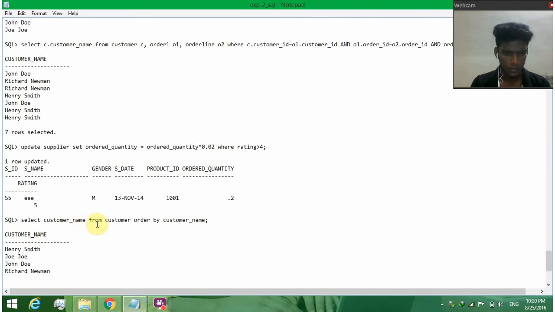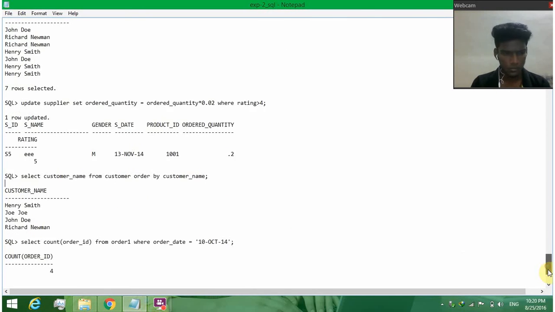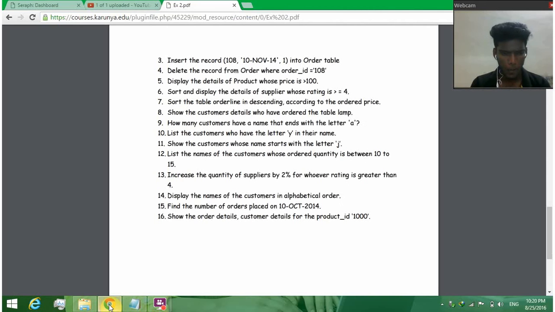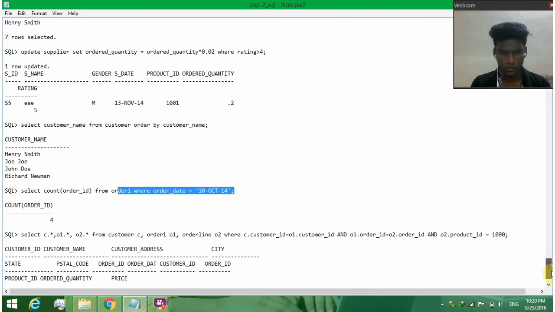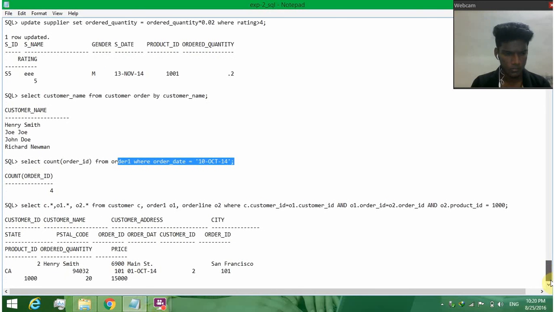Select customer name from table customer, order by customer name. These are my customer names in alphabetical order. Find the number of orders placed on 10th October 2014. This is the query to find the orders placed on that date, and my output is as follows.